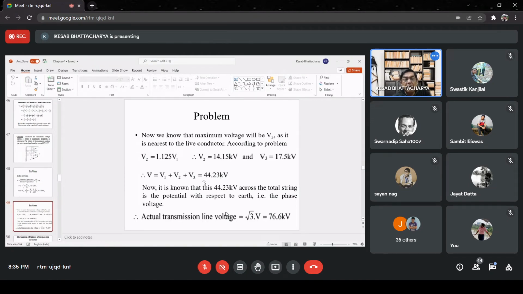That is 44.23 kV. Now, this is the voltage from the live conductor to ground. And the line voltage will be equal to √3 times that, 76.6 kV. Agreed? Agreed? 76.6 kV? Yes, sir. Okay. Next,